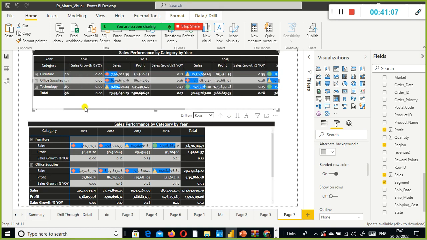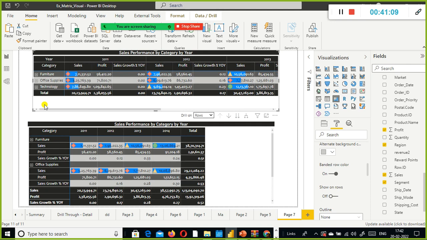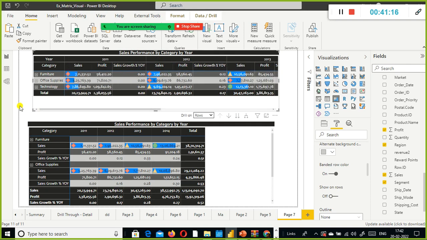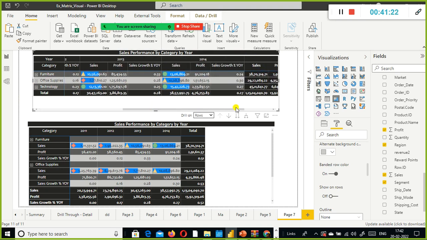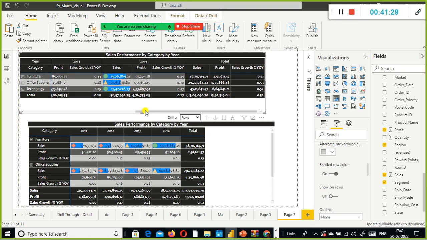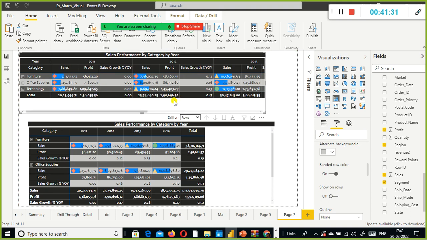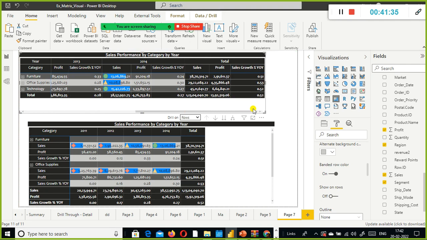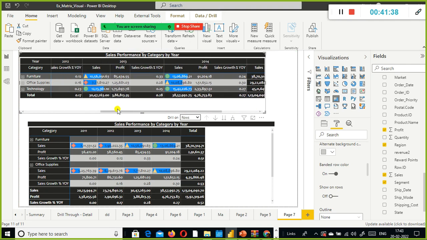So when you have multiple columns, it is painful to scroll towards the right side and check each and everything, right? Your requirement is you need to have 4 columns, and in addition to that, you need to have the total and row level total, all these things. But if you want to see everything at a glance, you cannot see everything in one go. You need to scroll towards the right side.